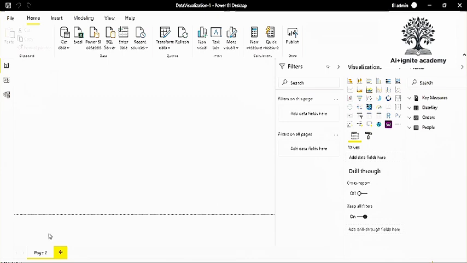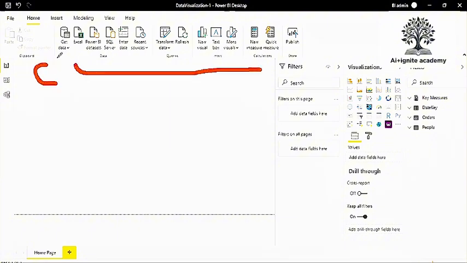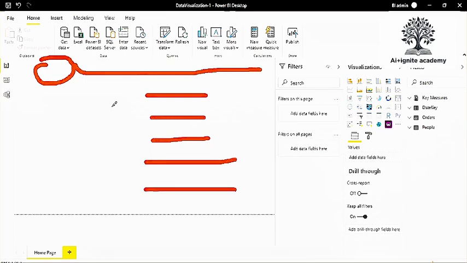Some people will start with the home page, right? Some people prefer, no, I want to first create a home page. On that home page, I will add some images. I will add the report name here, company name, then here the company logo. I will add the company's image or company wallpaper as a background. And then here I will show some finance reports like my P&L report, balance sheet, cash flow report, AR report, AP report, something like this, right?